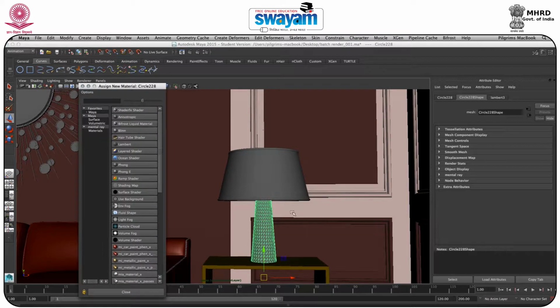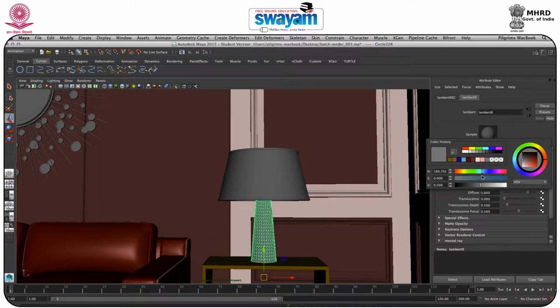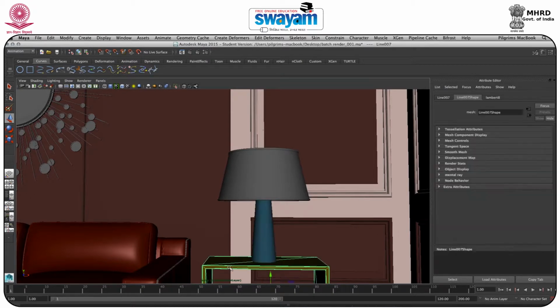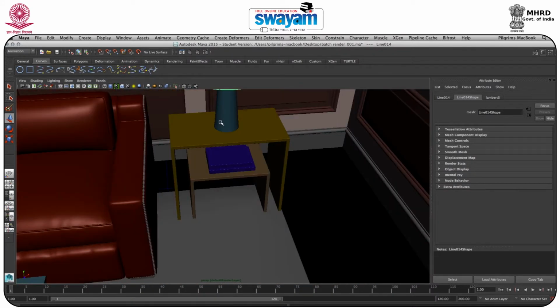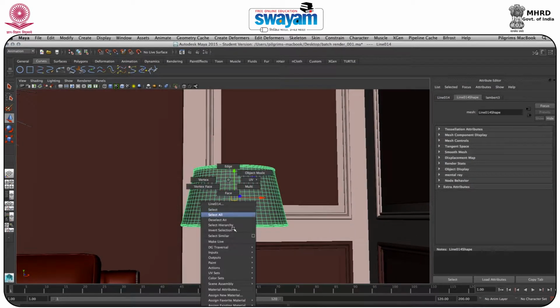Right click, assign new material, blend, and we'll change the color to blue. Lose this part and a little bit of transparent. Okay, so